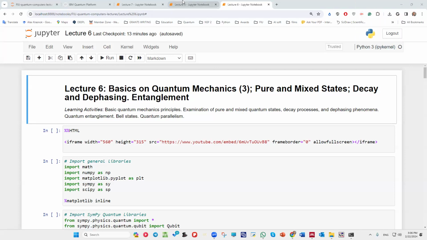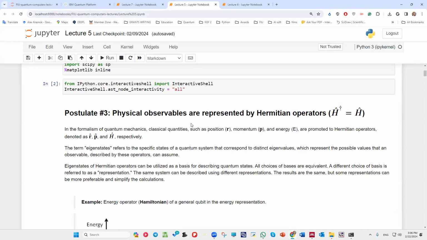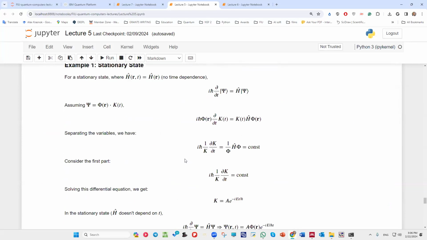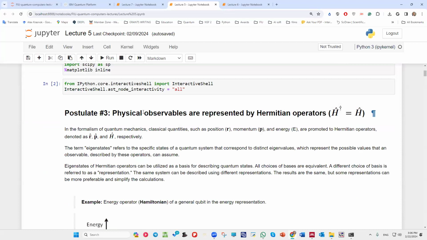But before we start the material of today's lecture, let me quickly go through the material of the previous lecture. Right, so in the previous lecture, we discussed the postulates from number 3 to postulate number, I guess, 8. So the postulate number 3 basically says that any physical observables or the quantities that we measure